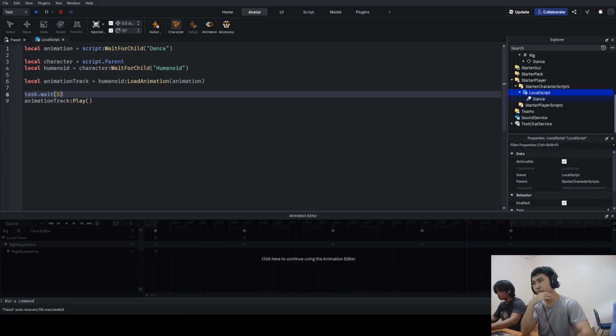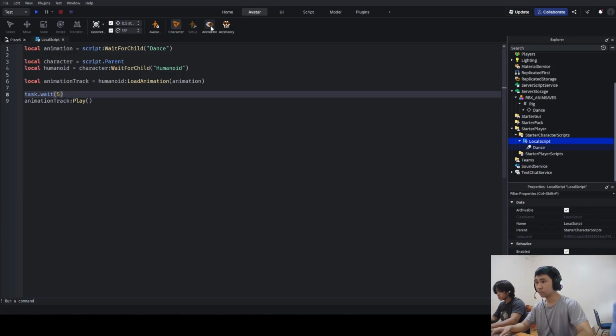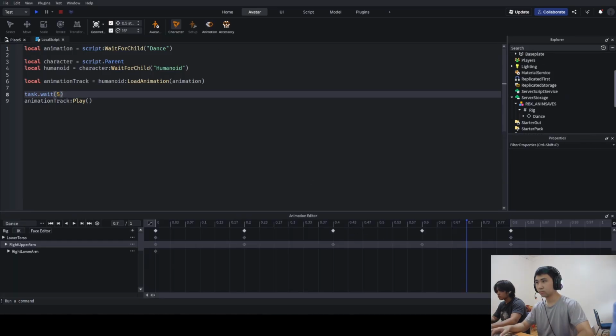So here's what I'm going to do. I'm going to extend our duration of these keyframes so that it can appear slower, so that we can actually see the animation happen. So I'm just going to move these